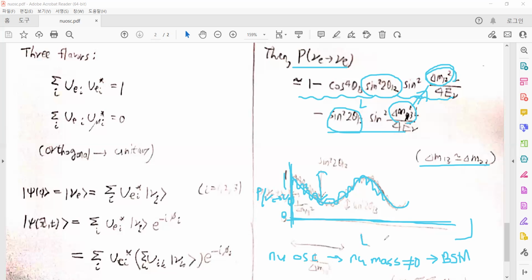And there are various models, for example, the seesaw mechanism, that are introduced to explain the neutrino mass. And I will explain the seesaw mechanism and some additional phenomena studying neutrino oscillations next time. Maybe